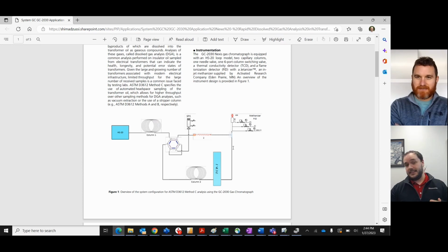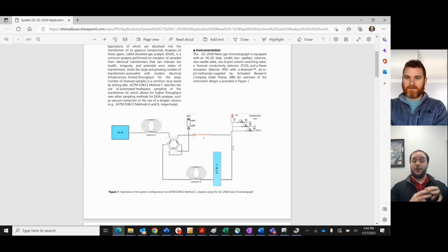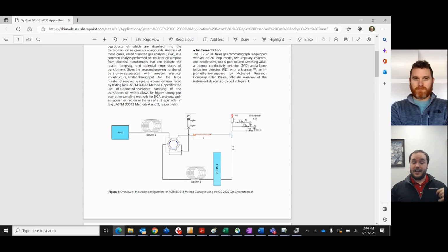Then comes the B method, a direct oil injection method where you're relying on the oil to be degassed, which works great, except that with TOGAS method B you're locked into a single oil type. And transformers now are using all kinds of new oil types for various safety profiles and environmental reasons. TOGAS method C, using the headspace autosampler, is able to overcome those issues, such as foaming when you mix the 2 oils, because all we're doing is pressurizing the vial with the oil and